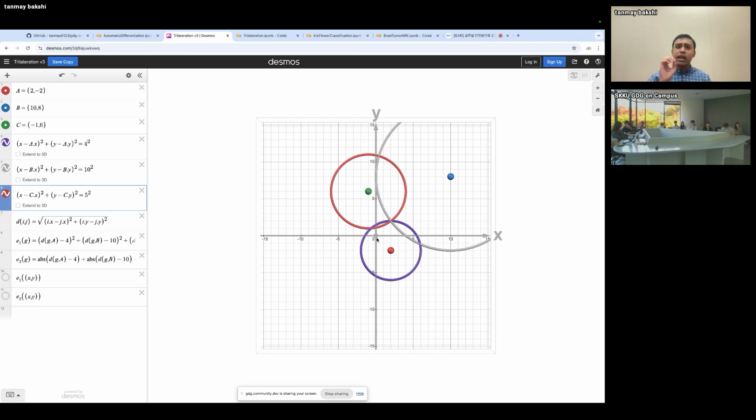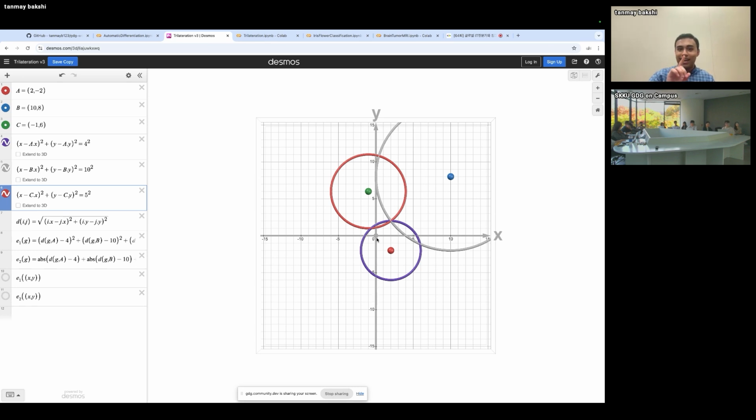But if we have a guess, and if we know where the reference points are, then we can compute the distance between where we guess we are and the reference points. We then have the observed distances from where we guess we are to the reference points, as well as the known distances, because we do know how far away we are. If we compare those distances with each other, and we attempt to minimize the error, so that how far away we measure the guess is from those references versus how far away we are match each other as closely as possible, eventually, when they match exactly, that means our guess is where we are in the space.